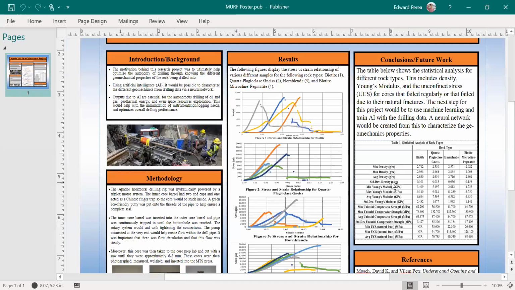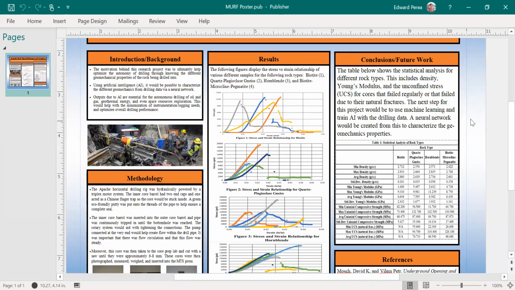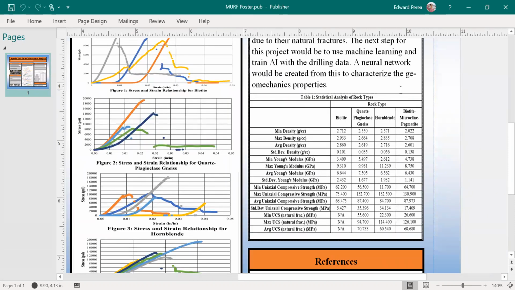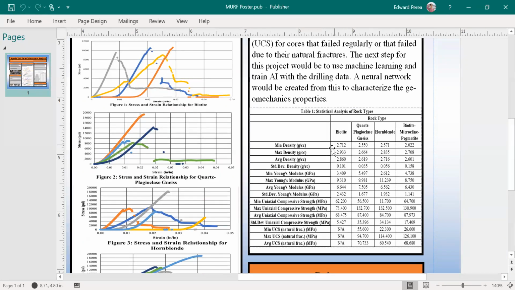And then lastly, we did a statistical analysis on a number of different things. For example, we did the density, we did Young's modulus, we did the uniaxial compressive strength, as well as the uniaxial compressive strength for failure due to natural fractures. So here we have the minimum density for biotite was 2.712, and then the max density for hornblende was about